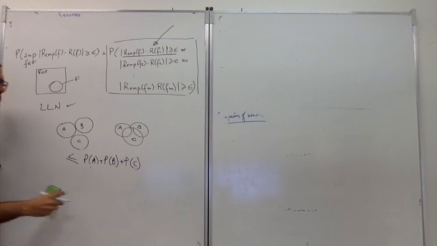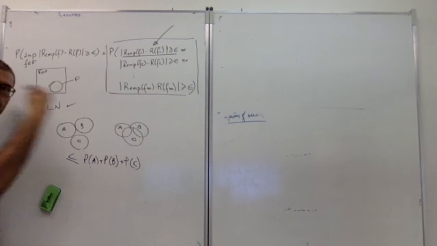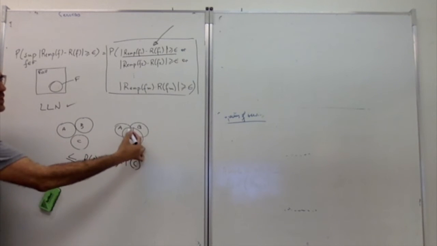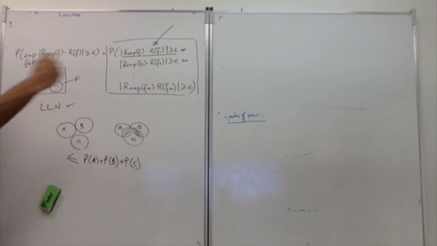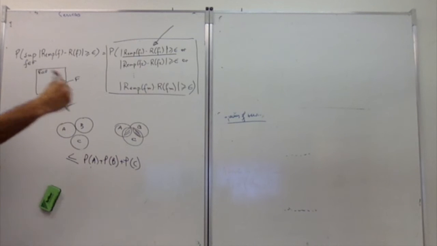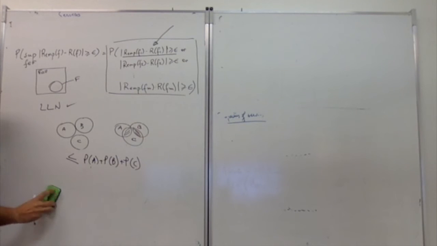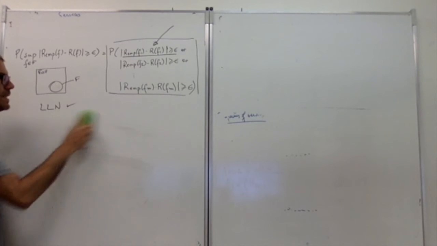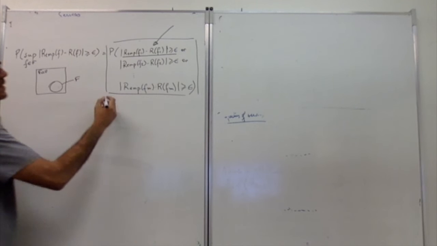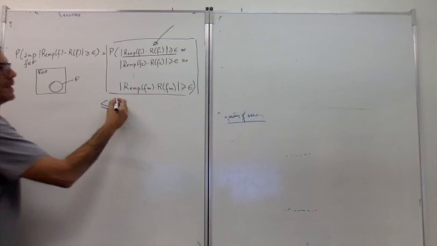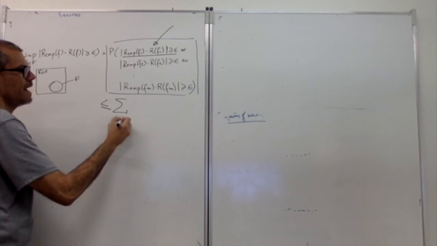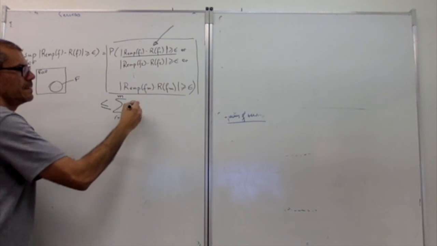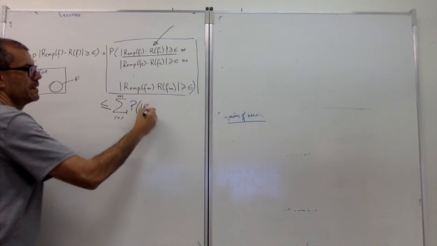And in that situation, of course, I'm getting an upper bound. I'm just considering twice all those intersecting areas. So it's an upper bound, maybe far from the ideal, but it's still an upper bound. That's what Vapnik did. Okay, so this is upper bounded by the sum of the probability of every function.